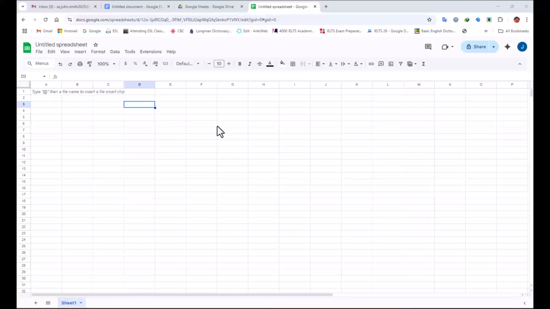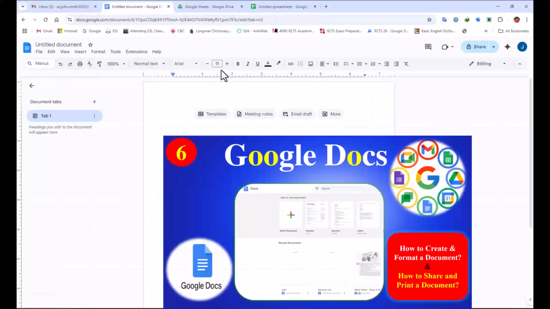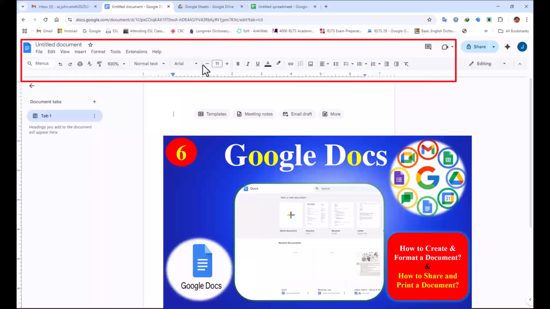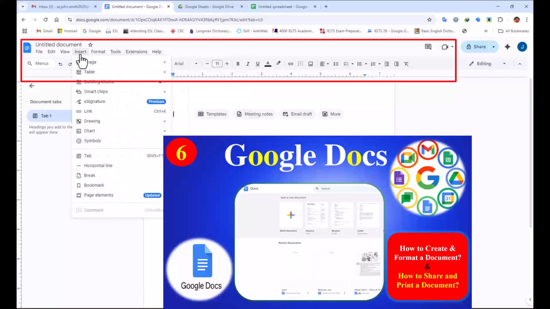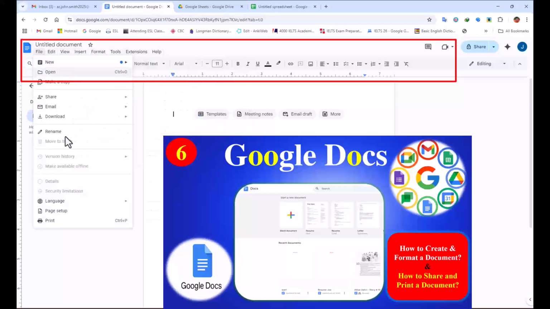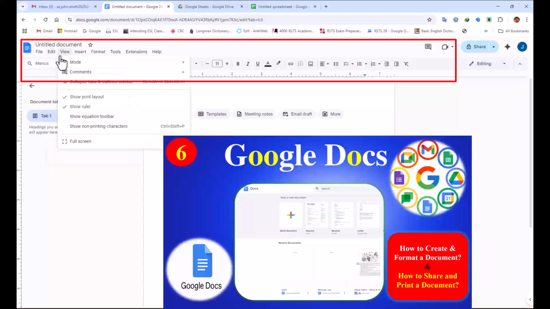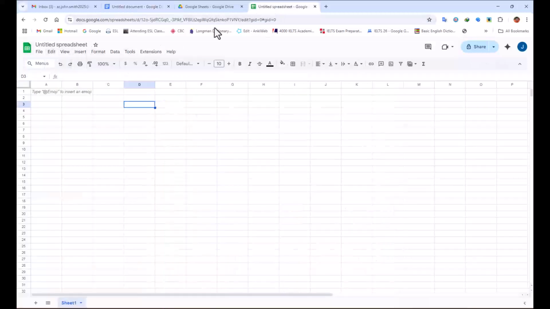In this session, we are going to start working on Google Sheets. First of all, I want to mention that if you watched our videos on Google Docs and you have learned all, because it was a lengthy, complete, comprehensive tutorial about Google Docs, we worked on all the items, toolbars, and also menu bars, all of them step by step, and even we tailored our resume, completely formatted everything. So if you have learned all the tools that we have worked on in Google Docs, working with Google Sheets will